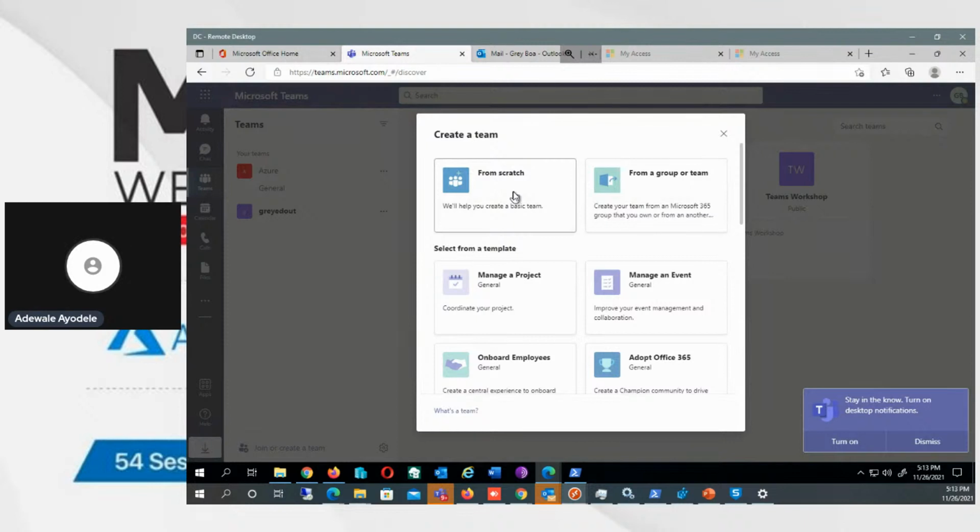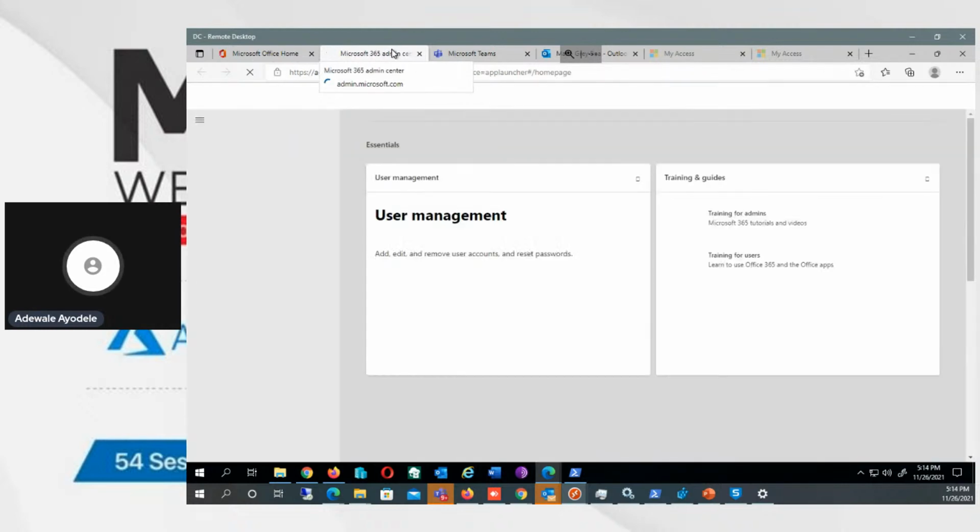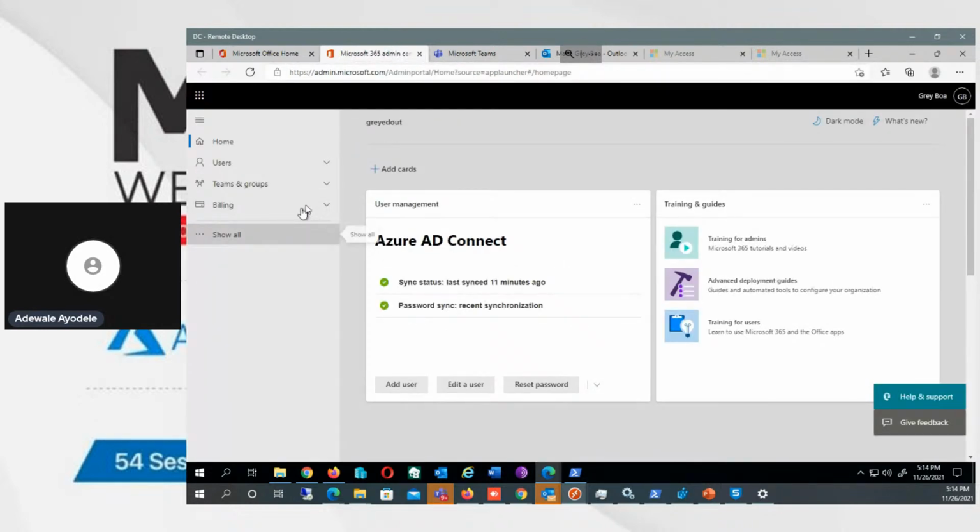We just want a set of users, maybe heads of department, sales, accounts, admin, IT, and all. We just want them to be the only ones to decide who is able to create teams. So we will take that decision, and in doing that, we will have to create a security group. So now we go to the Teams portal. Once you sign on to your tenant, you go to the admin center, you go to groups,